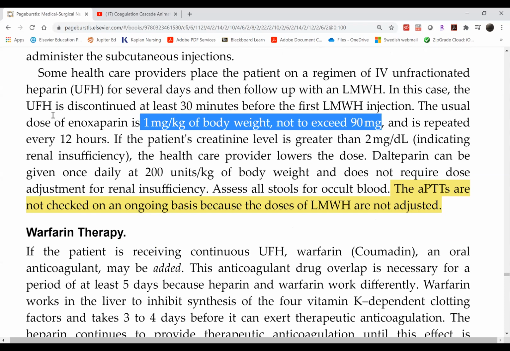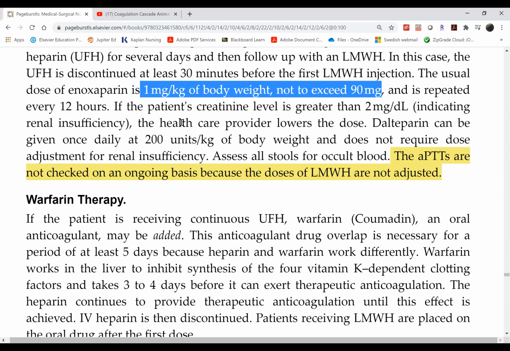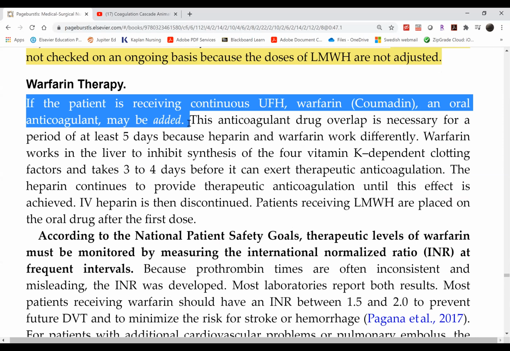Warfarin. Please read this part. All patients who are receiving unfractionated heparin will have warfarin at the same time, because we cannot keep the patient on heparin forever. We have to discharge this patient. We can't discharge them on an infusion of heparin. So they have to be on oral anticoagulant. However, because of the action of warfarin, which is a vitamin K inhibitor,